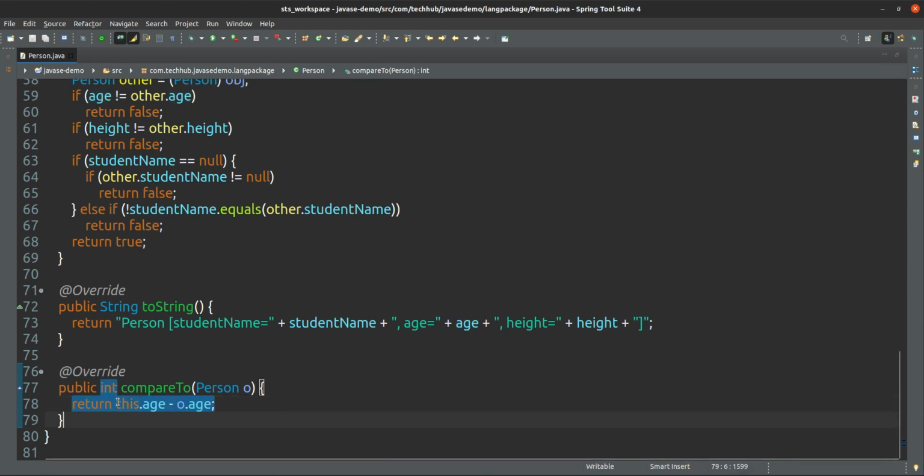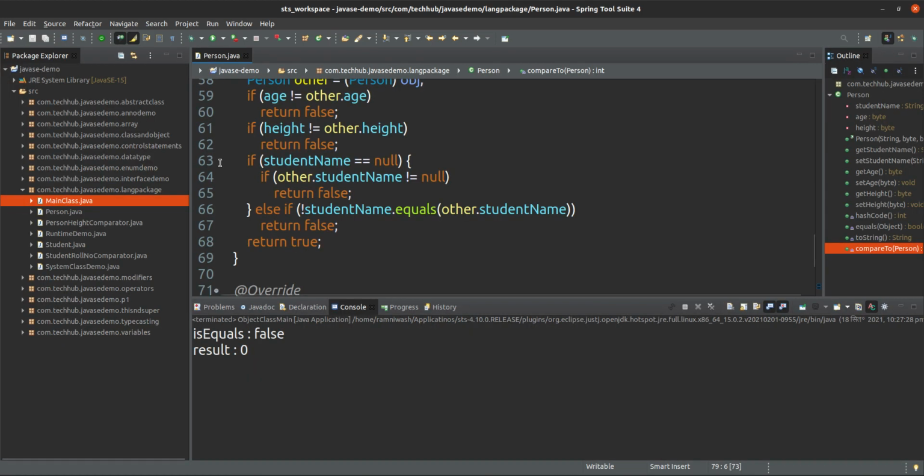If the result of this difference is negative, it means the current object is smaller. If the result is greater than zero, the current object is bigger or higher. And if the result of this difference is 0, then both objects, the current object and the argument object, are the same. So this is the implementation here.